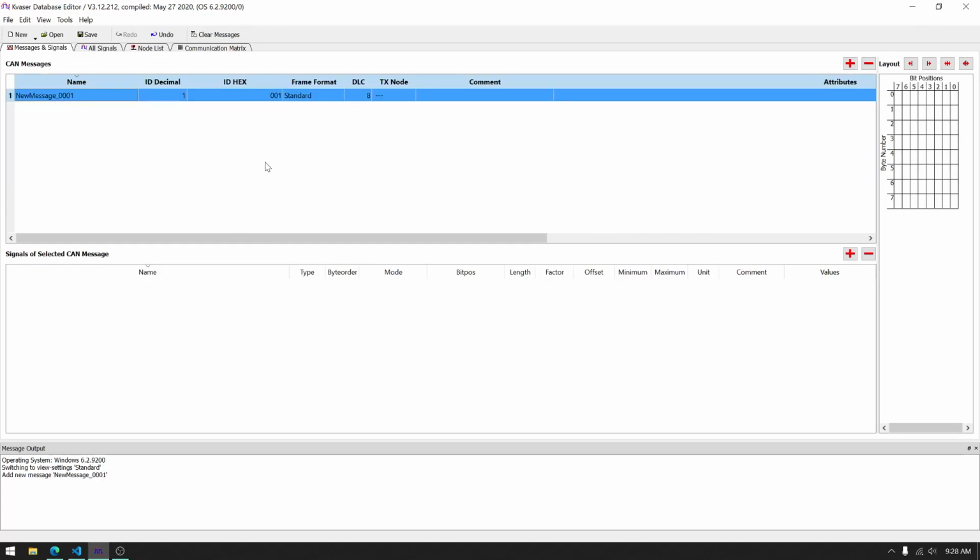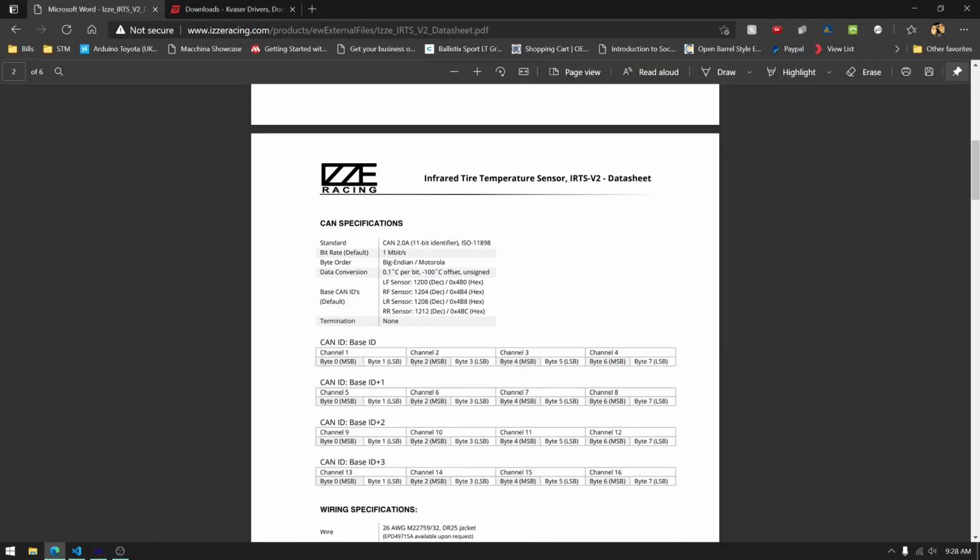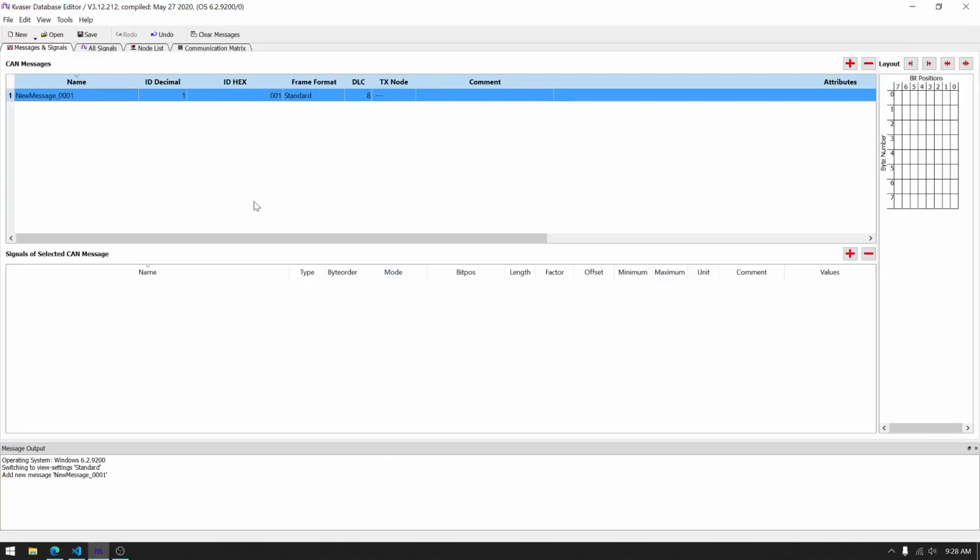So we're going to have a CAN message. We're going to add a message, right-click, add message. We want our message to be the left front IR temp sensor. So I'm going to double-click it, LF. You can't use spaces in names. You can use spaces in comments, but any name that you have in any DBC file will not accept any special characters. It can be upper and lowercase and underscore, and that's about it. The reason is that they use a lot of special characters in order to define this file. So if you start using special characters and spaces, it throws off the parsing. So we're going to name it left front IR